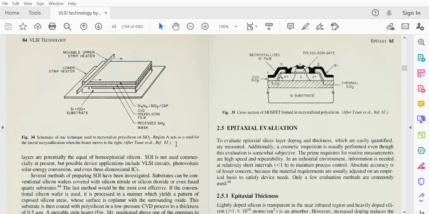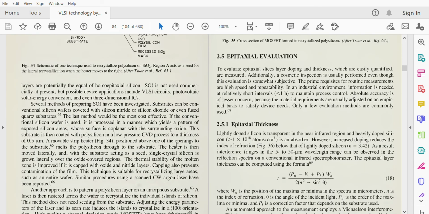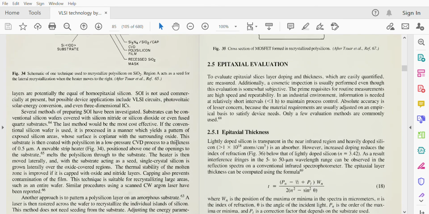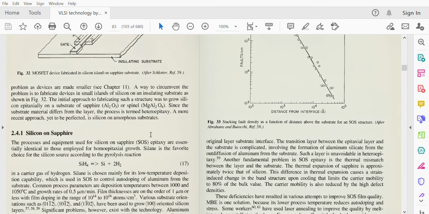So silicon on insulator is another topic that we discussed. We are not going into the detail of this silicon on insulator technique. You just need to remember the basic things of the MBE process and what equipment is used to grow the epitaxy in case of the MBE process.